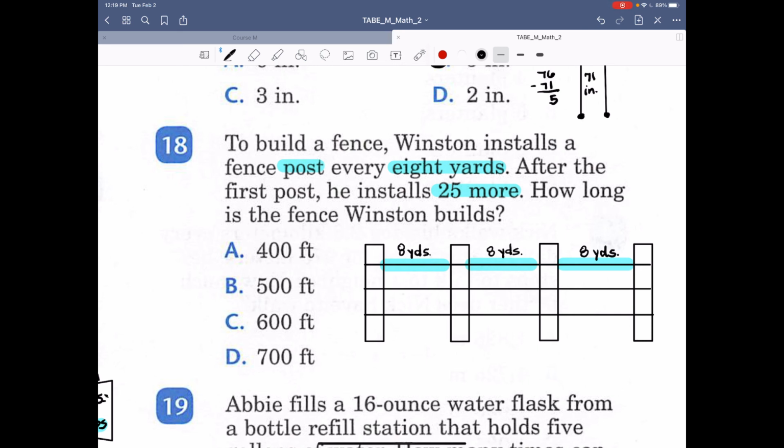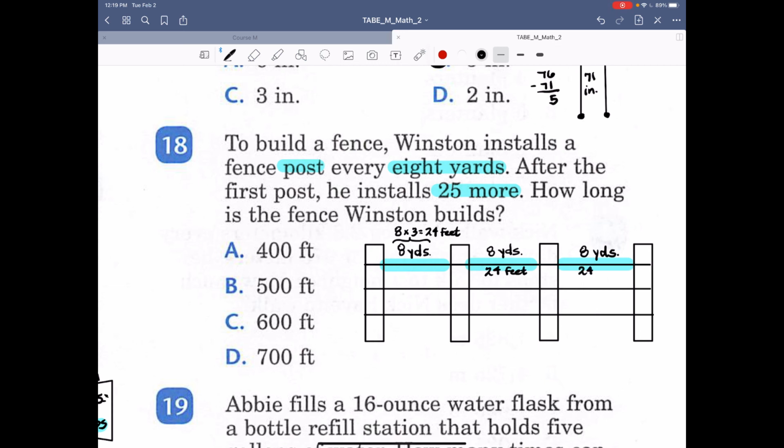Except my answer is not in terms of yards. My answers are in terms of feet. So let's go ahead and make the conversion right here. 8 yards, that's 8 times 3, because there are 3 feet in a yard. This is a distance of 8 yards, which you could also call 24 feet. So this is 24 feet,